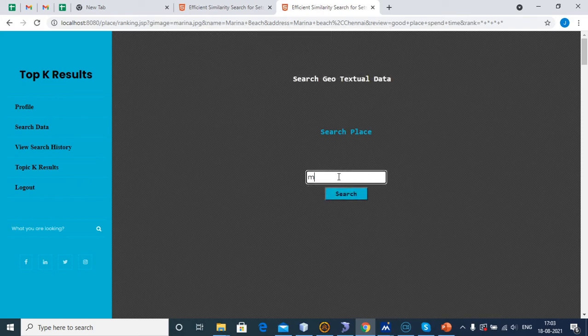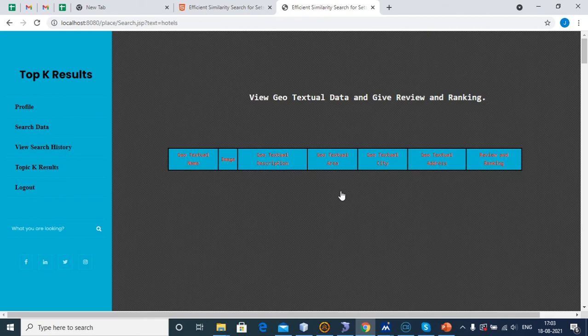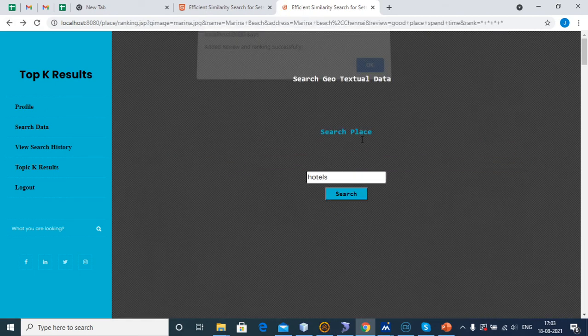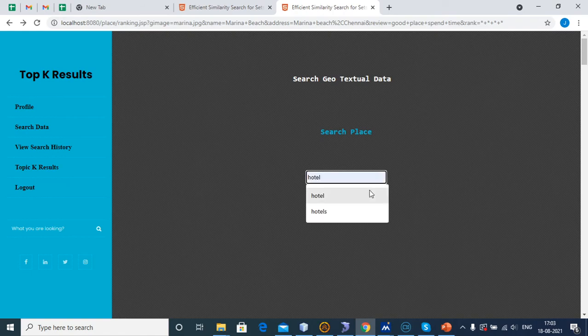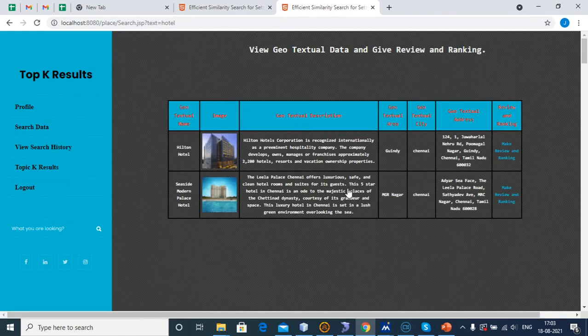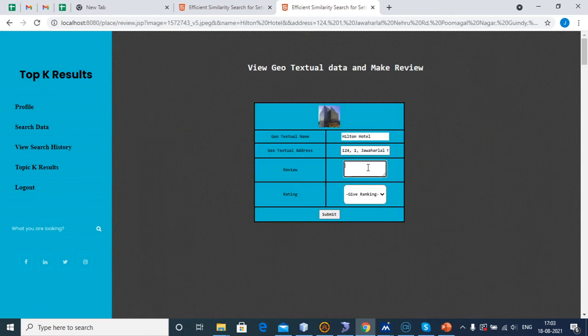The user can also search the other hotels. Example, hotels. Here hotels are available: Hilton Hotel, Seaside Modern Palace Hotel. For the information, we have to give the ranking. Largest hotel.